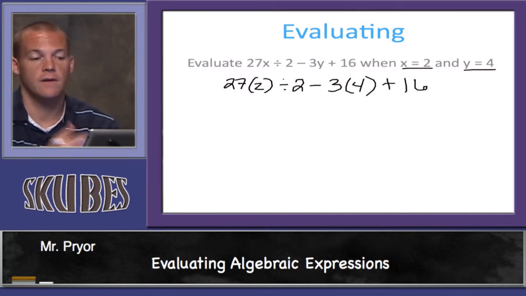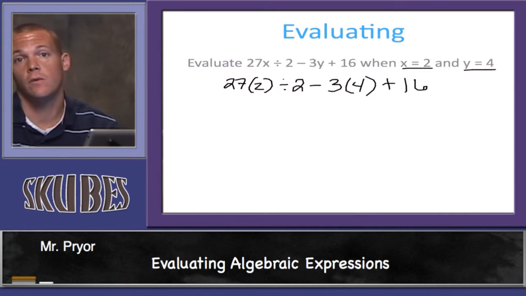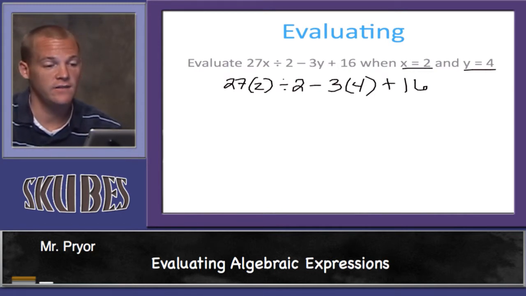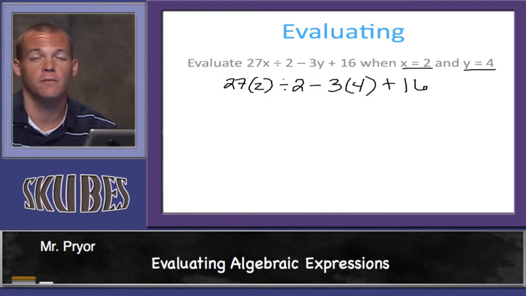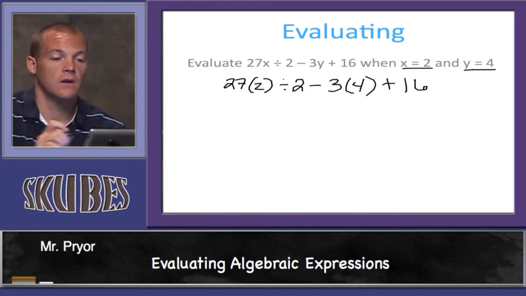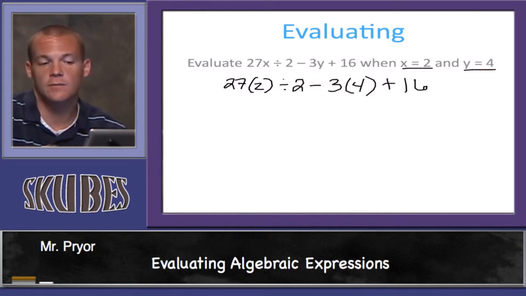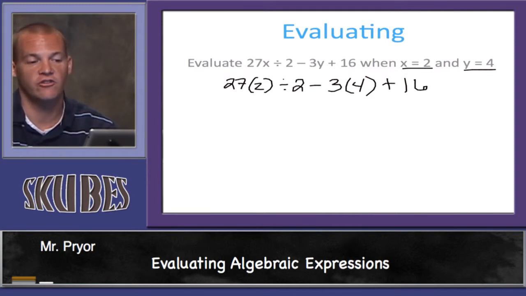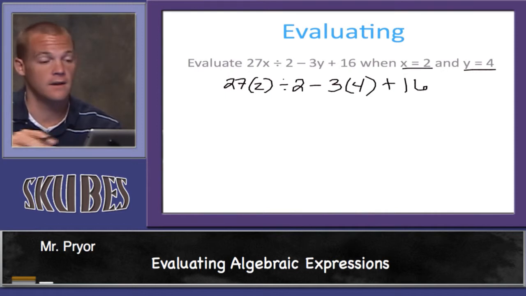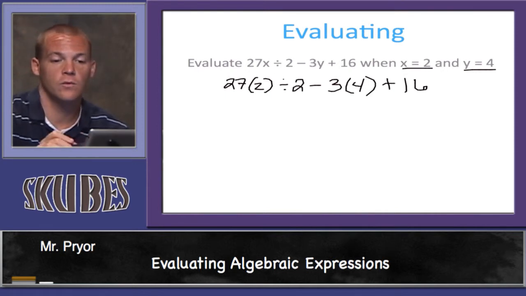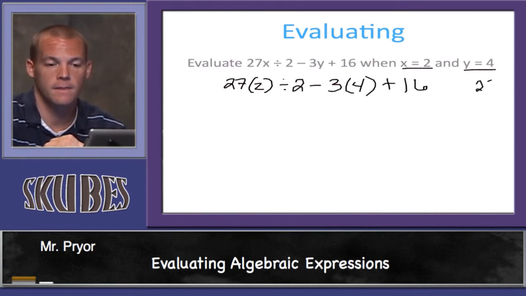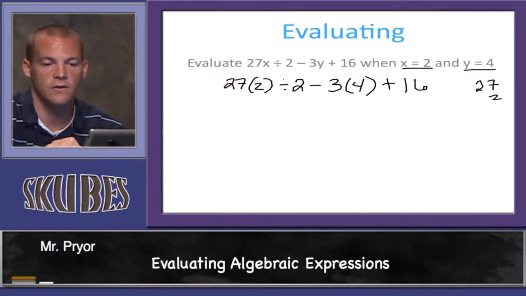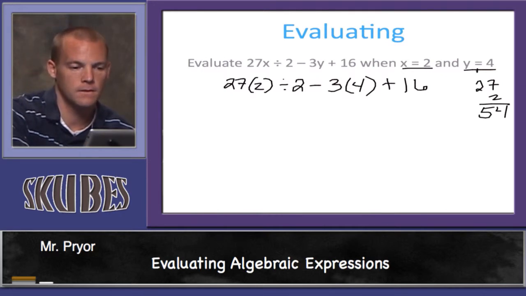All right, so again, now analyze the problem and make sure you're doing the order of operations. I see some grouping symbols, but again, those are a part of multiplication. So whatever comes first, all I see is multiplication, subtraction, addition, and division. So since it's multiplication and division, I just do left to right. So 27 times 2 will be our first step, and if you don't know what that is, off to the side, do a little scratch math, be sure. And you see that you get 54